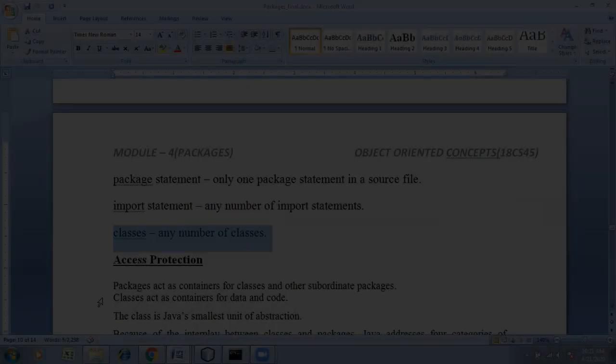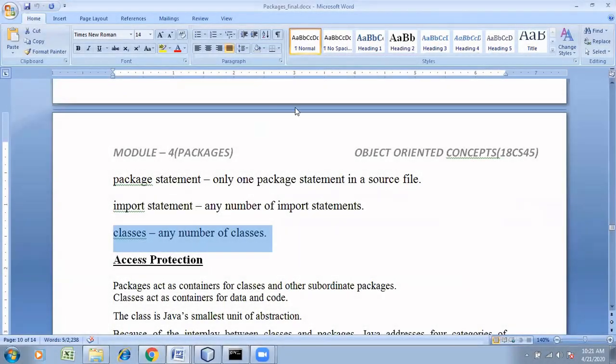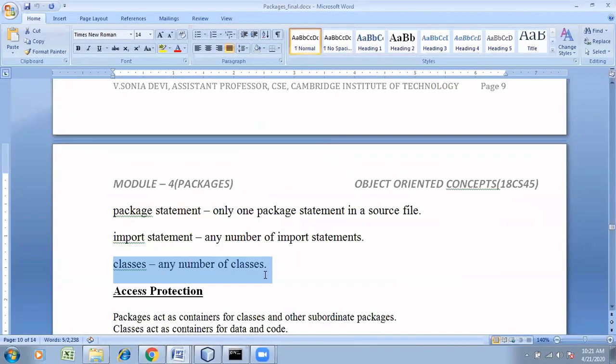Topic is access protection, right? Now, I've told you packages allow us to have security. Packages have security. What do you mean by that? Supposing that I have